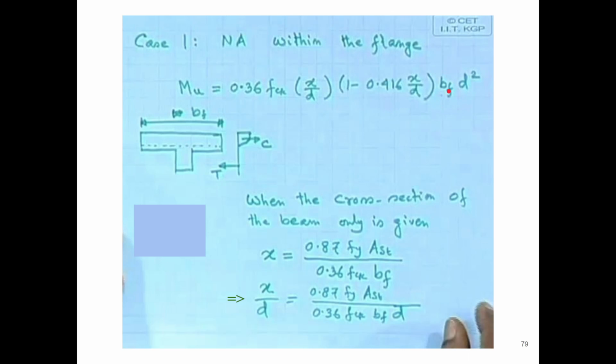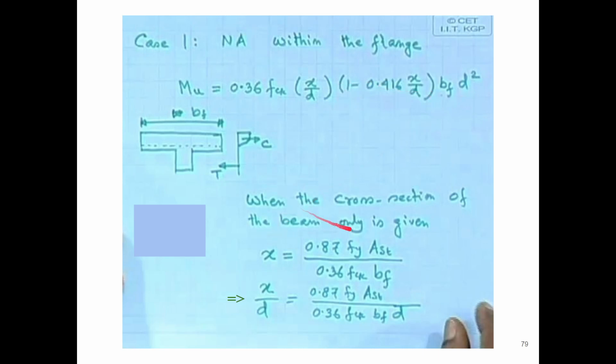Okay, initially the width of the beam, now it will be the width of the flange, because everything is happening inside the flange only, so we can consider this itself to be a beam. Okay, so we can consider this as a beam only and design. So the Mu will be 0.36 fck (x/d) (1 - 0.416 x/d)